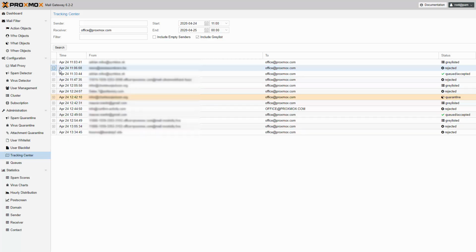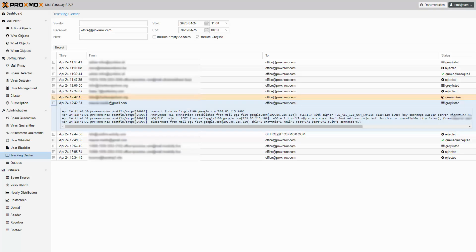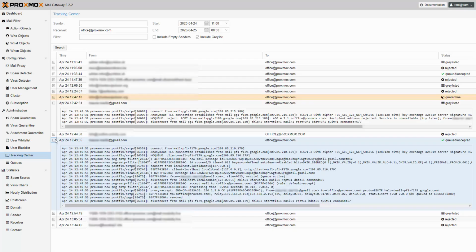With the improvements to gray listing, the initially gray-listed email from gmail.com was accepted just a few minutes later. If we compare the two different sender IP addresses, we can see that both addresses are in the same network.